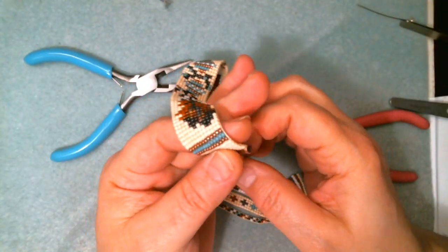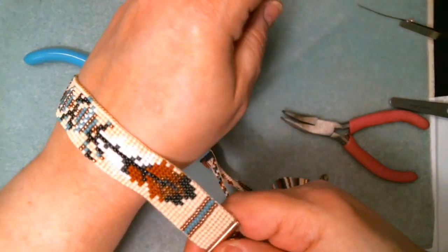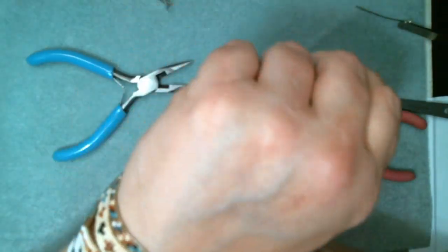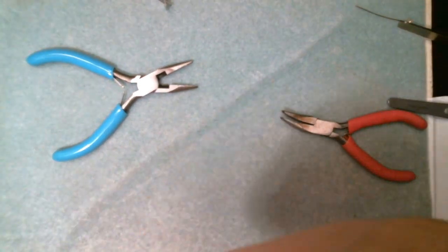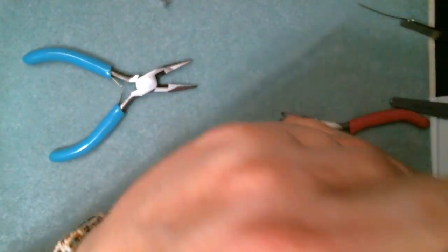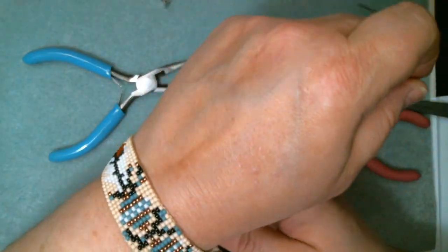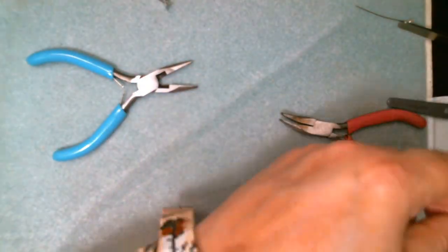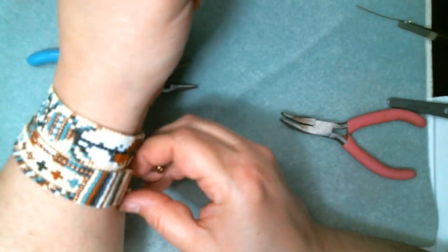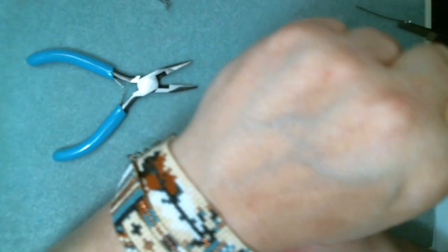Now, this chain affords you to put a charm. I have a really nice butterfly charm I might use on here, but I want to show you what this looks like. So you can wear it a couple of ways. You can wear it so that it goes over top like this, or you can wear it like this. Doesn't matter. There's no right way, wrong way, upside down, backwards, whatever. Okay, I like it like this better,